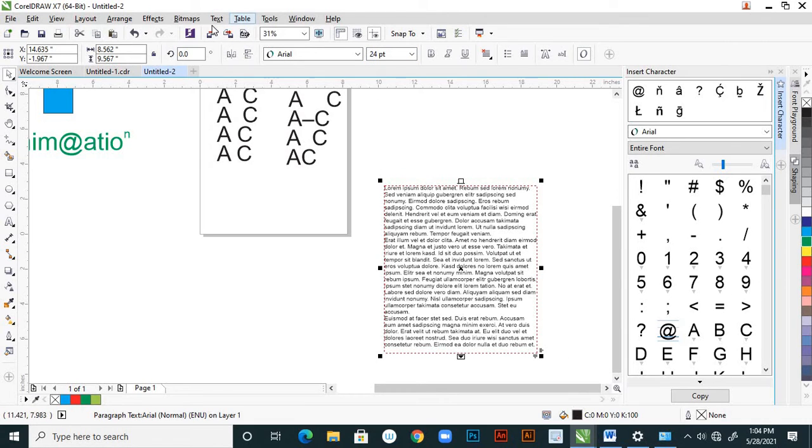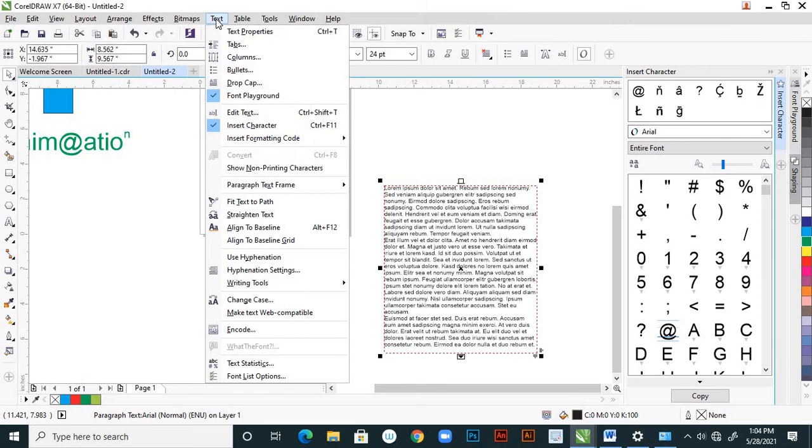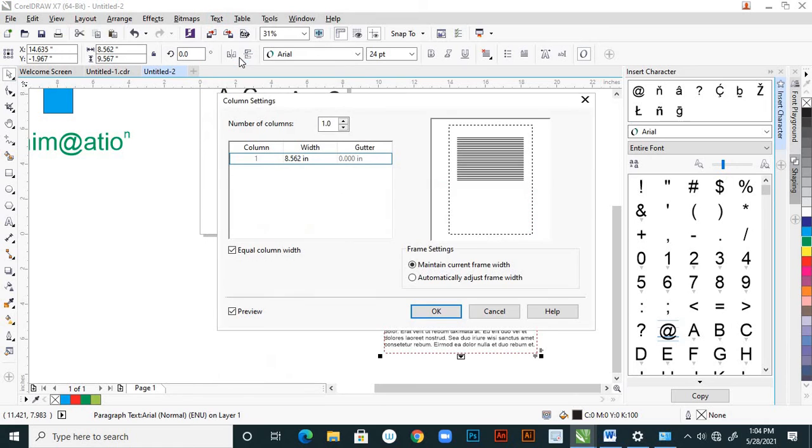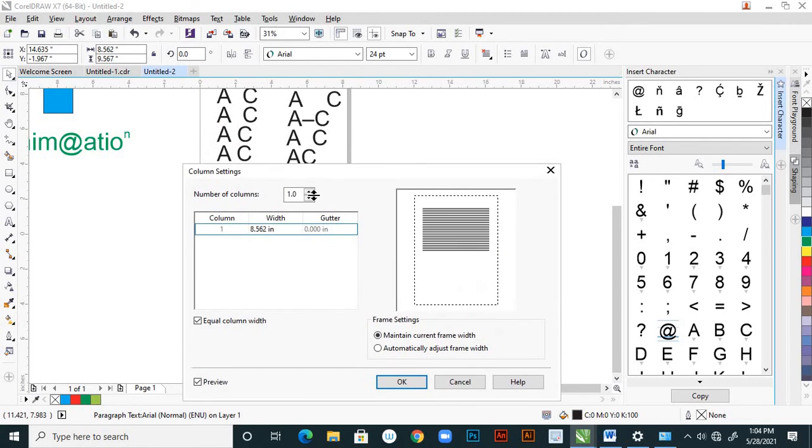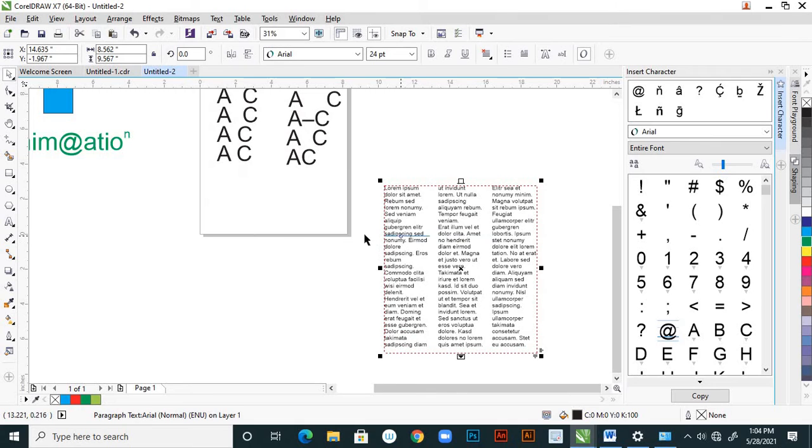And next, from Text, columns are there, right? Click on the columns, and here it is asking how many columns you want. Suppose you give 3 columns for the time being, say okay.